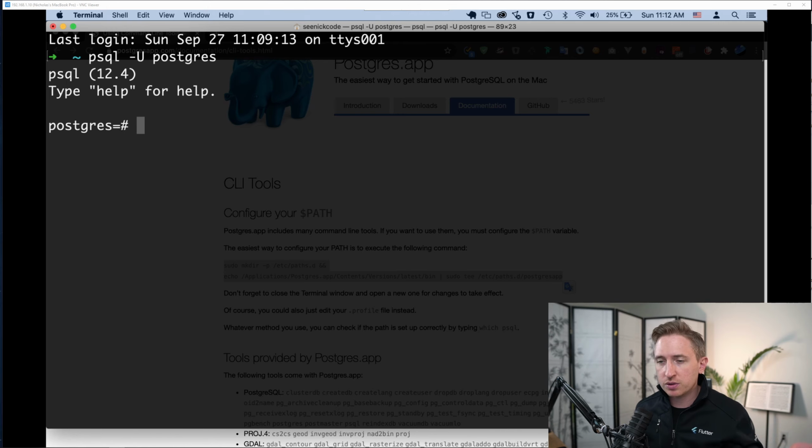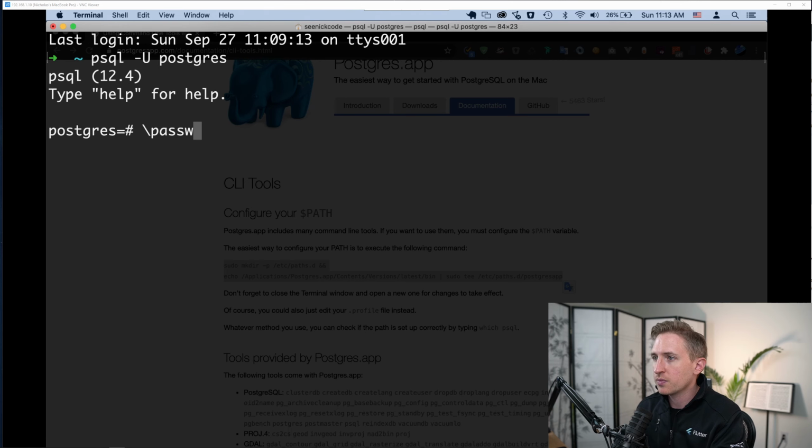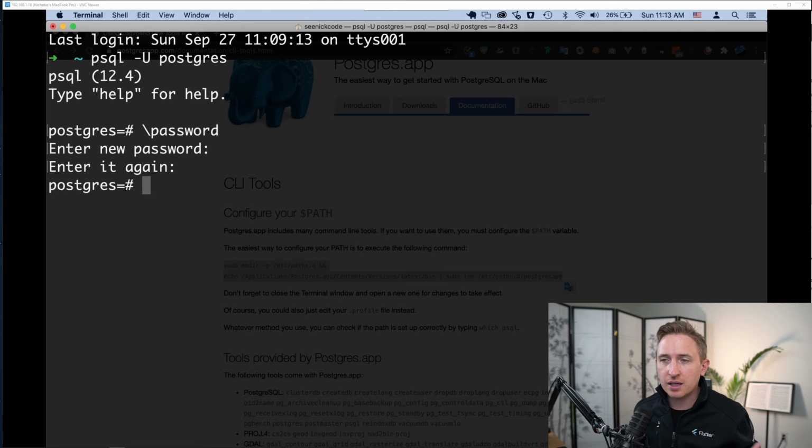Now I'm in the Postgres command line. I can manage my database and run commands. And on the left here, it says what I'm connected to and what user I'm connected with. So I'm connected with the postgres user. What I'm going to type now is \password, and that lets me set the password for that postgres user. So I'm going to type in 1, 2, 3, 4,